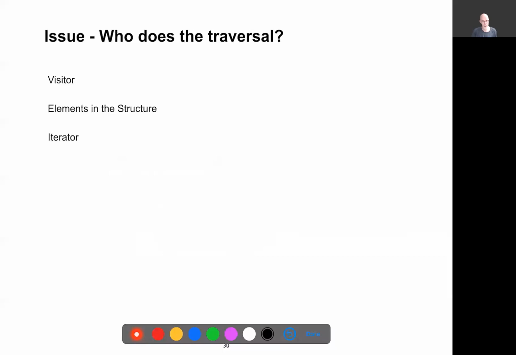One issue with the pattern is if we've got the structure, who's going to do the traversal? It can either be in the visitor or in elements of the structure, or we could have an iterator that does it for us. It depends upon what we need. Usually it's easier for the elements of the structure to do the traversal, but not always. But if we want to have different visitors traverse different ways,